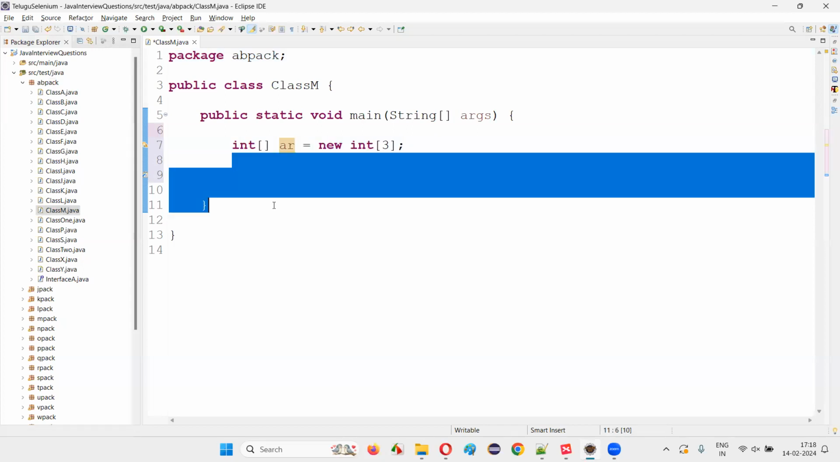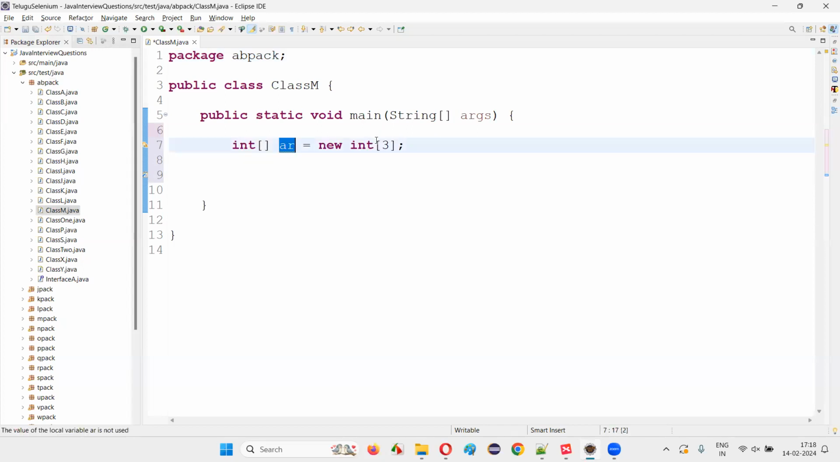No matter what you do, you cannot store more than 3 elements into this particular array. During the declaration of the array, whatever size you mention, that many elements only you can store in this program. In the later steps, if you try to modify the size of the array, it won't be possible, guys. Okay. So what we have to do is ar[0] = 9,